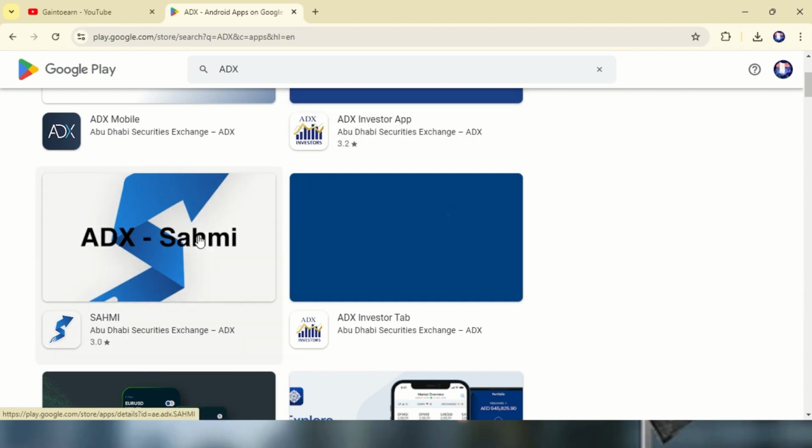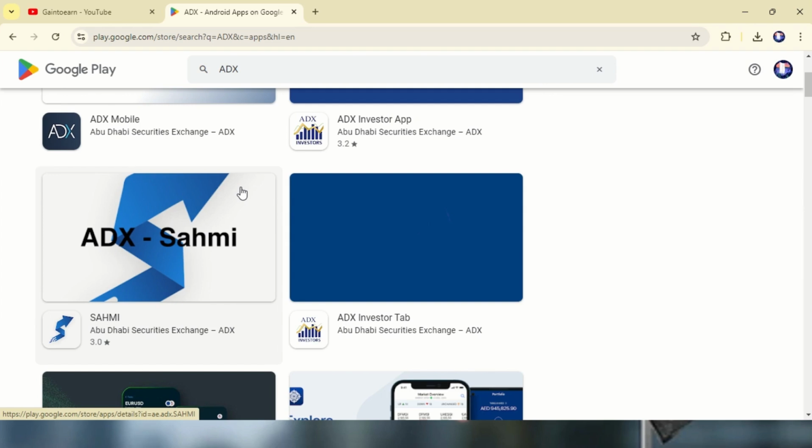Some people request NIN through the app and then do the DFM application, but you don't need to request separately. When you select a broker, one option will be available asking whether you already have a NIN or not. You can answer no, and automatically you will get a NIN for ADX as well as DFM in one place itself. But these two apps will be helpful for market insights related to ADX, and if you invested in an ADX listed stock that provides dividends, you can request the dividend with the help of this app.